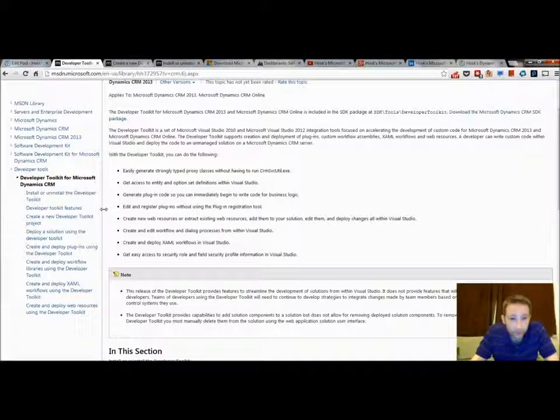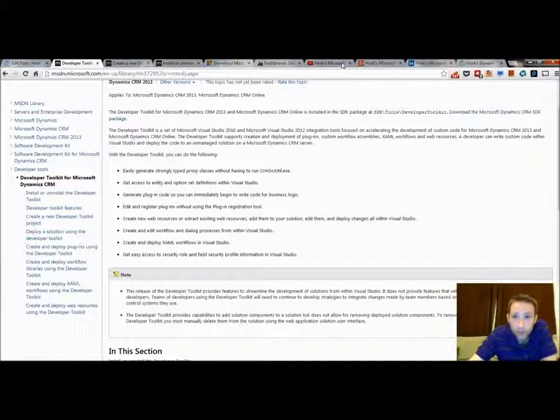Finally, the most useful thing here anyway, it allows you to register plugins without using the plugin registration tool. You just deploy it, copies it up, nice and easy. But I would say here that you probably still need the plugin registration tool, because I've had some problems where it's not deleting plugins quite properly, and sometimes you need to double check that everything's set up correctly. So that is why we want to use the CRM Developer Toolkit,